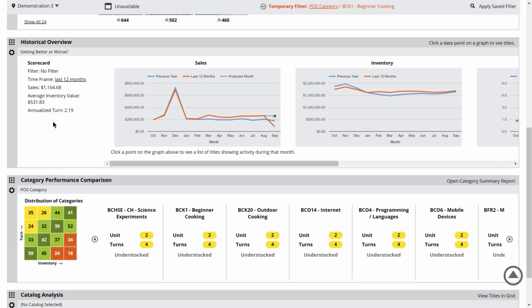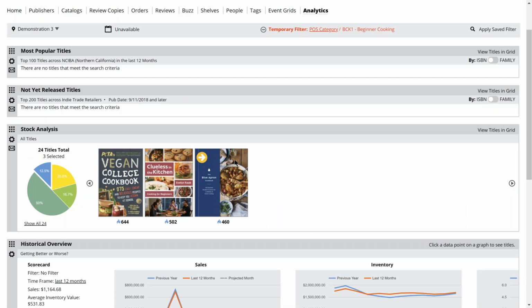But we can pretty quickly see here titles that could go away, which in this case, of 24 titles, there's 3 that aren't doing well, but everything else is doing relatively well here. There's quite a few, 5 on order. So that category is doing pretty good, but this may be a growth opportunity. If this is something that people are interested in, then it doesn't hurt to bring in maybe a couple more books. And to do that, I would find,